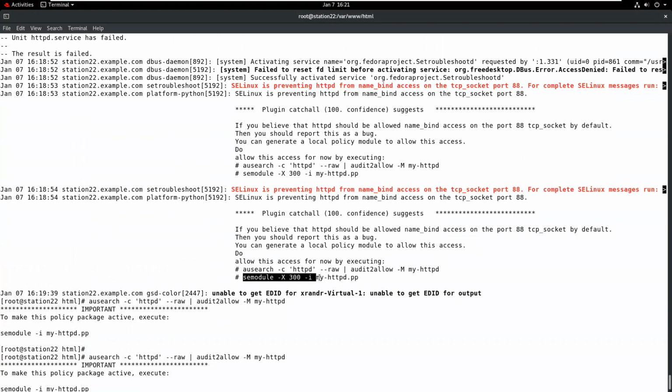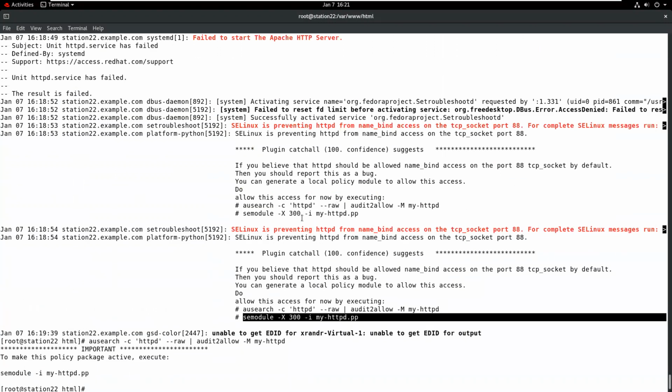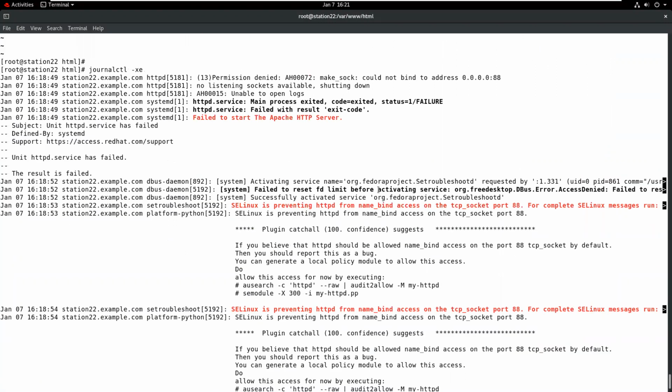So this is also a command. This will provide the whole solution, what we should follow and what we should apply.